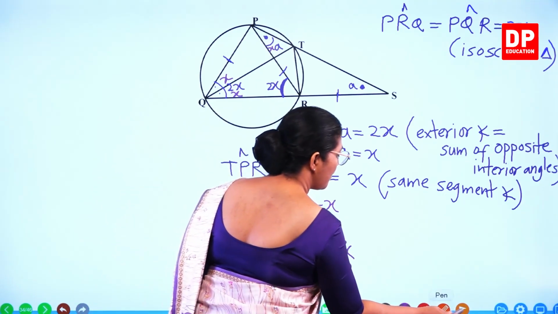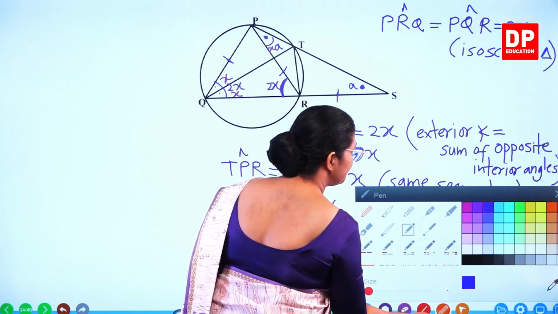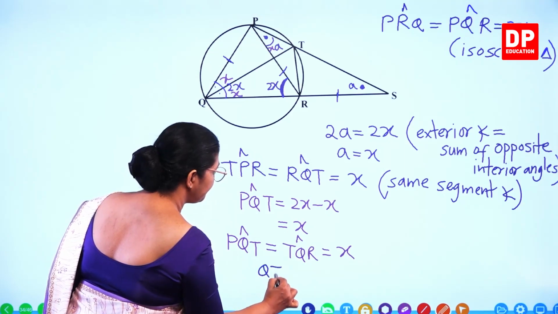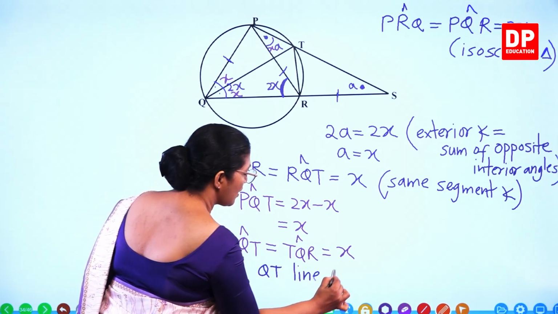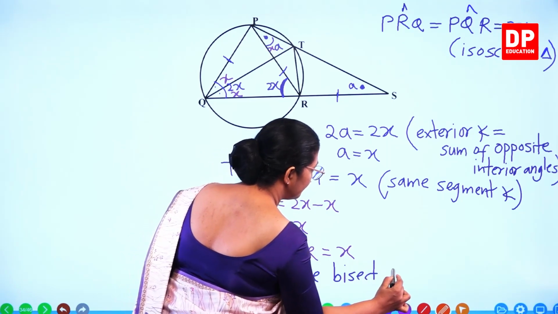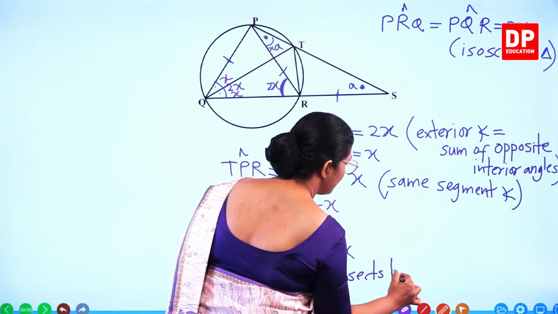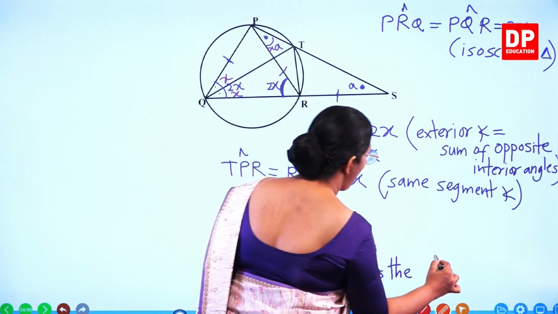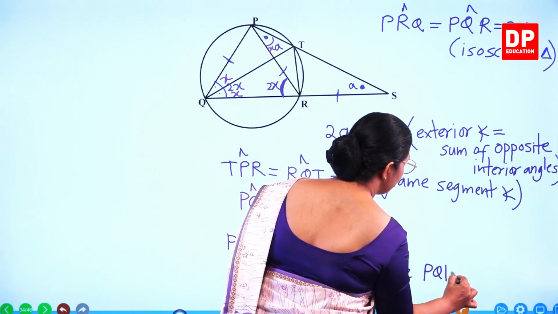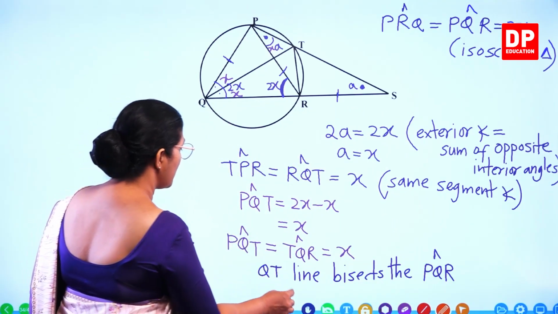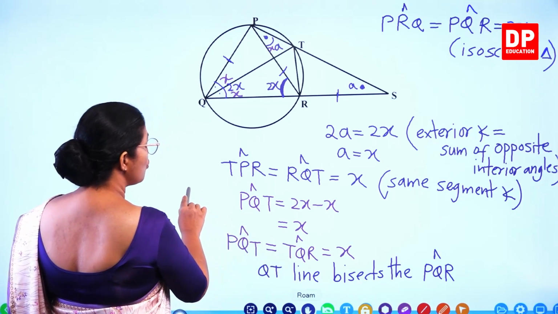That means you can finally say QT line bisects the PQR angle. So that's the first part, and then you are asked to show that